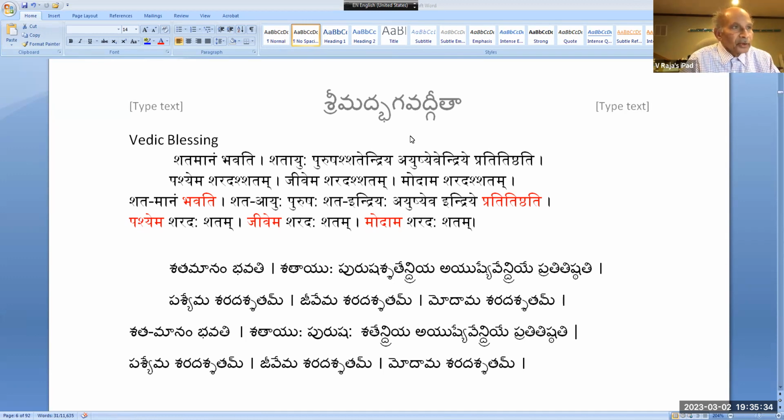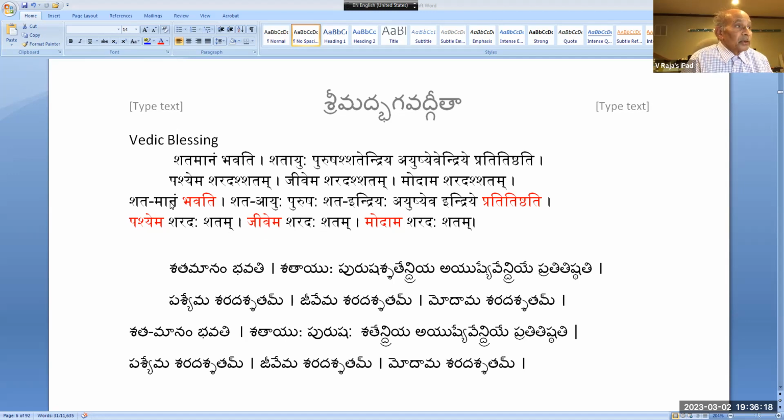What I was telling before the other people came is the following. Typically, you see this Vedic blessing when you go to a priest, and he will bless you. Shatamanam bhavati. Shatayu purusha sevendriye ayush sevendriye pratitistati. And as I told you many, many times, all the verbs we see in our normal day-to-day work, we will derive them right from the roots. And that is the beauty of this. And it says,